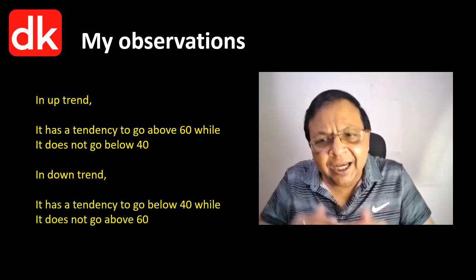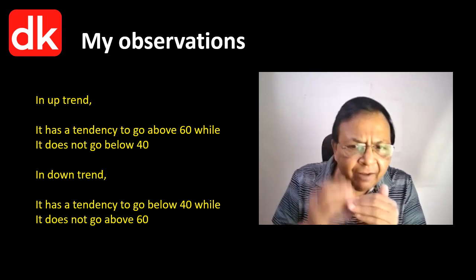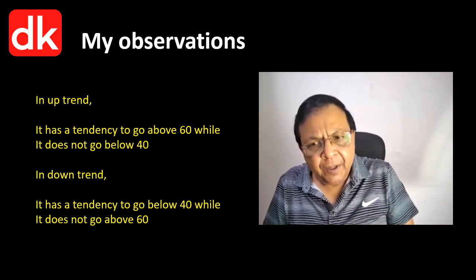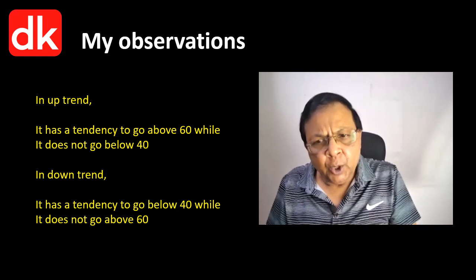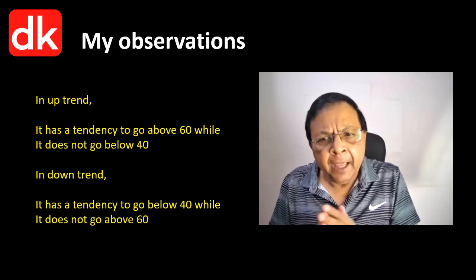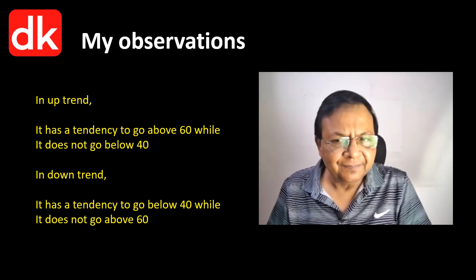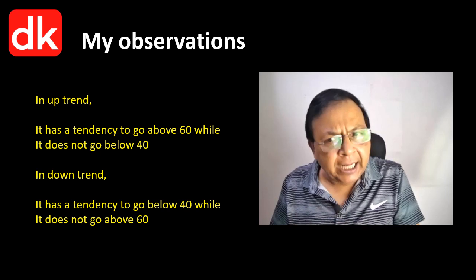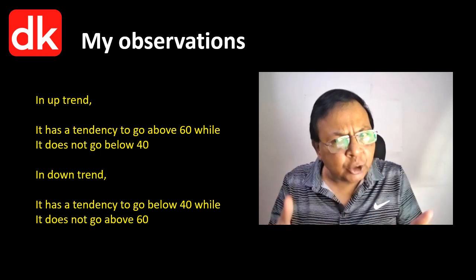it has a tendency that it goes below 40, and whenever the market retraces up, because the market is trending down, the pullback will take place in the opposite direction of the prevailing trend. So whenever the price rises and forms a corrective wave in the downtrending market, the RSI will have a tendency not to go past 60. So 40 and 60 become very important levels on RSI to study.